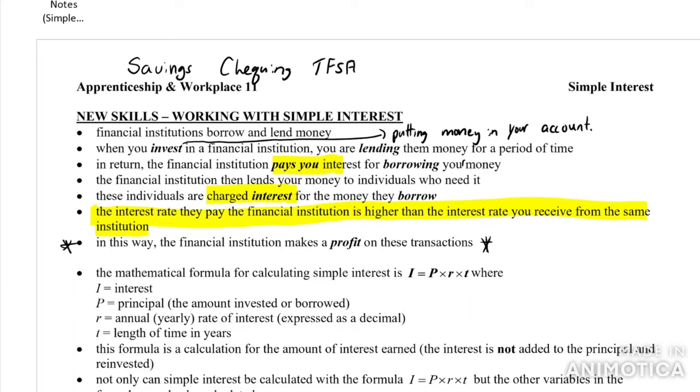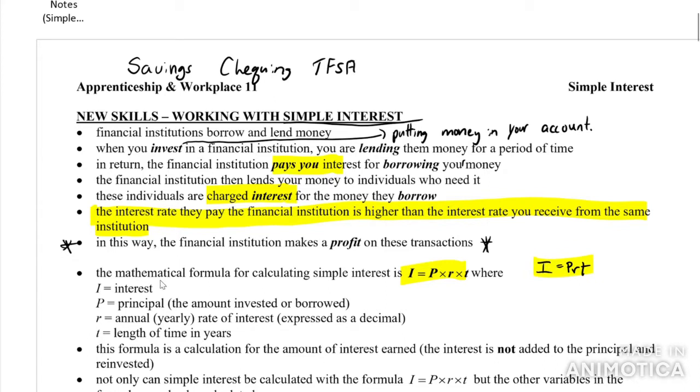So there's two types of interest. The first one that we're looking at is something called simple interest, which you'll see is the simpler of the two. So the equation, or the formula that we use, is this one here. So I equals P times R times T, or sometimes you'll just see it written as IPRT. So keep this in mind. This is going to be useful. This will be on any sort of test or quiz that we have.